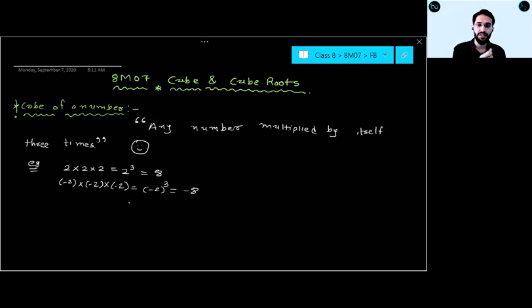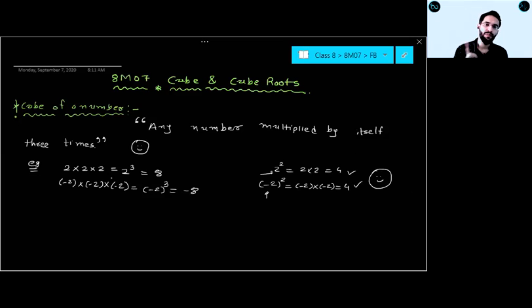Okay. So what is the first difference between square and cube? What is 2 square? 2 square is 4, or not? 2 into 2, 4. What is minus 2 square? It is minus 2 into minus 2. It is also 4, or not? 2 square is equal to 2 into 2, 4. Minus 2 square is equal to minus 2 into minus 2, 4. Right? For square, whether your number is positive or negative, your square will always be positive. But in cube, cube of a positive number will give you positive. Cube of a negative number will give you negative.